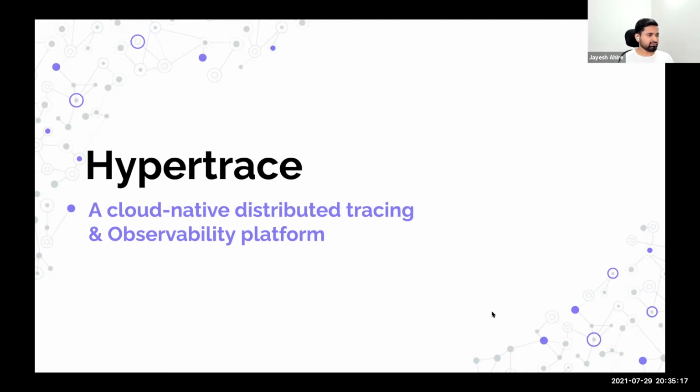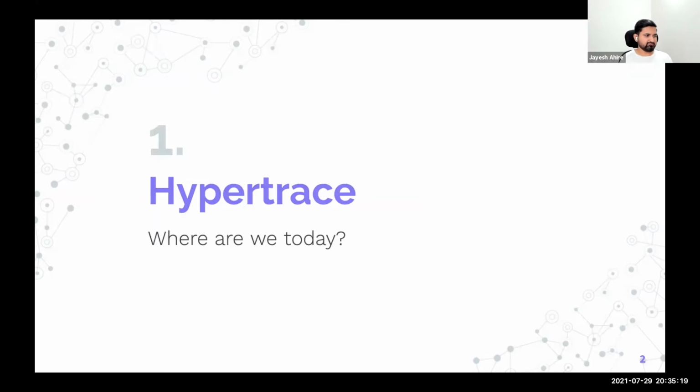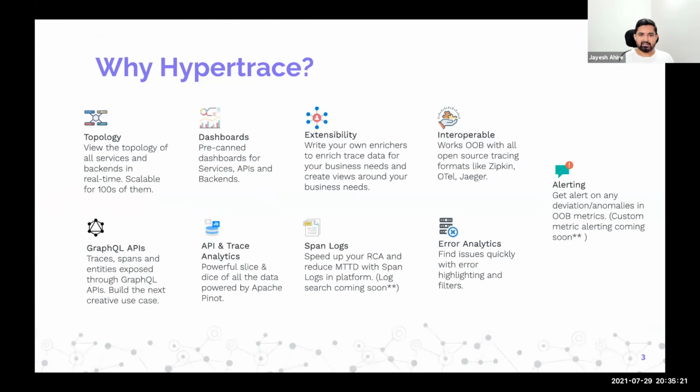Jumping to Hypertrace, Hypertrace is a cloud native distributed tracing platform. Hypertrace converts distributed traces into relevant insights for everyone. So infrastructure teams can identify which services are causing overhead, application teams can find out which request put their service at risk, or deployment teams can identify if the new version they are deploying is causing some issues in the system.